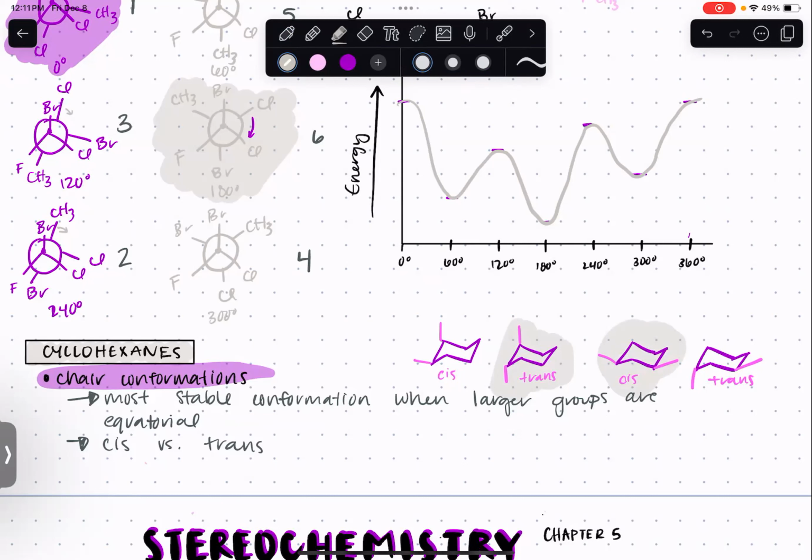I'm confused on the trans one. You said because they're both equatorial, but those are axial. So I think I'm missing something. Yeah, so right now they are axial, but if I do a chair flip, oh my god, this is so bad. If I do a chair flip, then when I do that, this